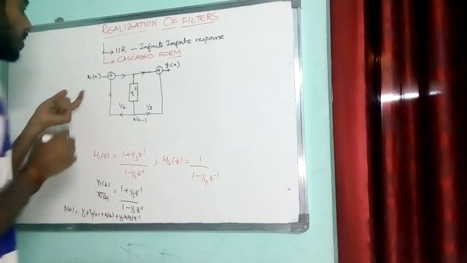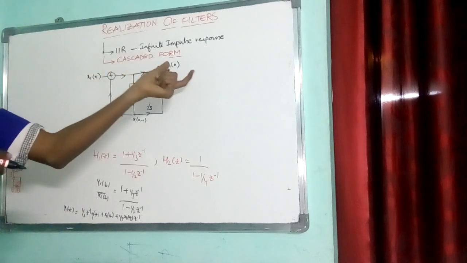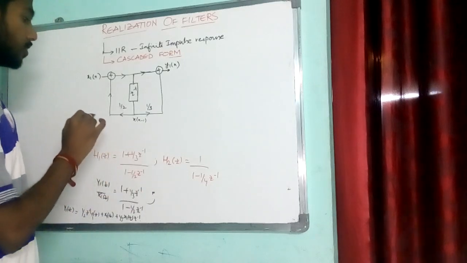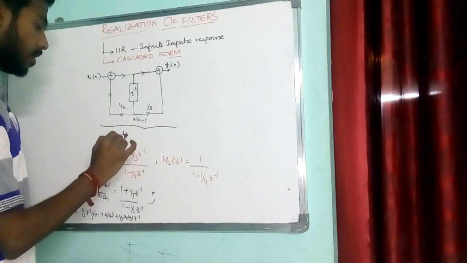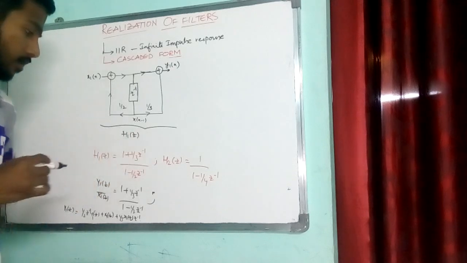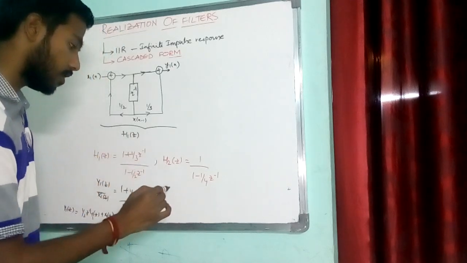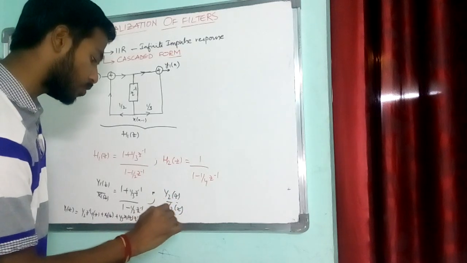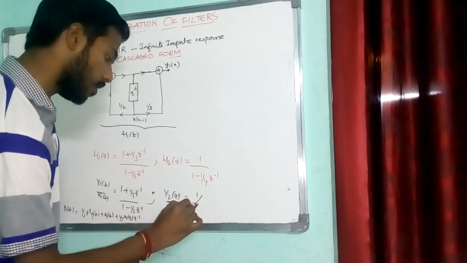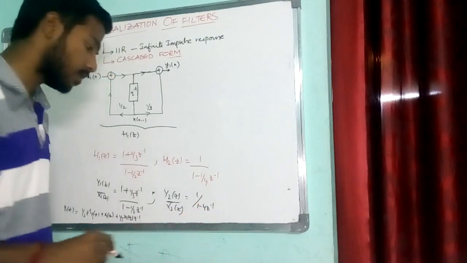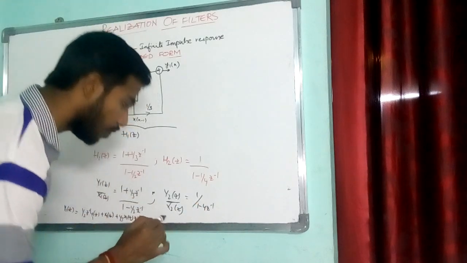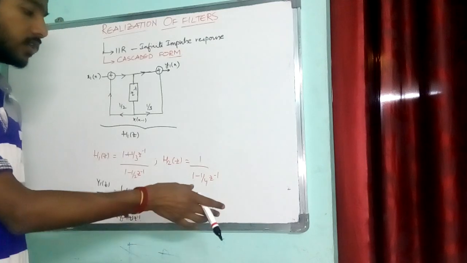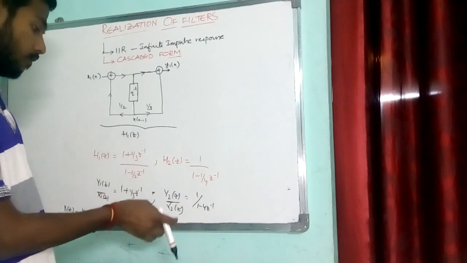So this is my x1 of n. This is my y1 of n. This is the first function realization, this is my h1 of z. Next thing, h2 of z. Same, y2 of z by x2 of z is 1 by 1 minus 4 z inverse. This will be y2 of z equal to 4 into y2 of z into z inverse plus x2 of z,